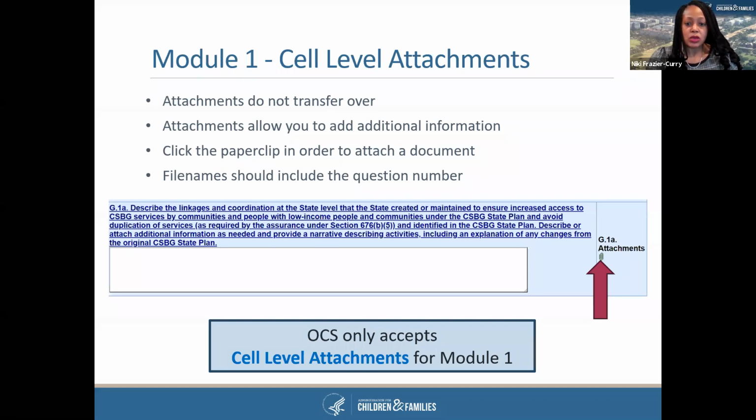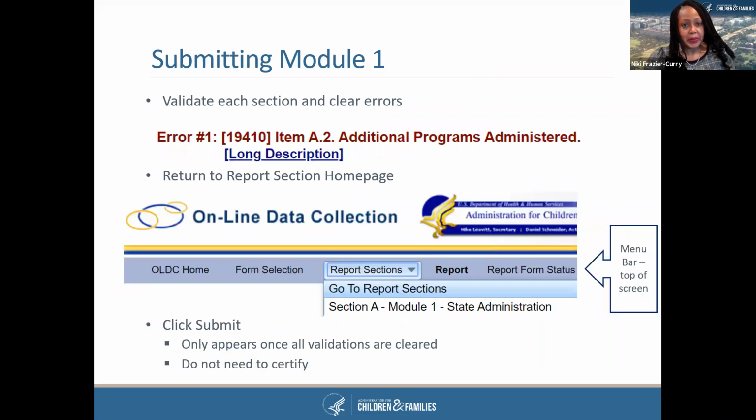So as stated, OCS accepts cell level attachments for Module 1. So you would have to click the paperclip and not click the View Add Attachments button. For submitting